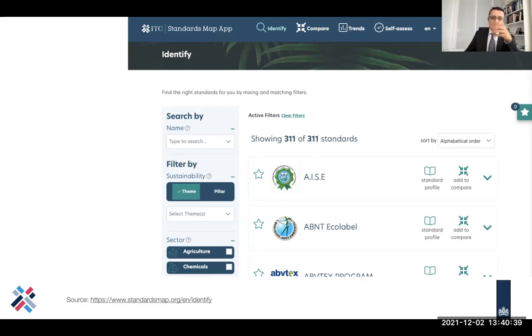And as you can see on the menu here, you can access the information contained in there either by only identifying the standards, by comparing the standards, or even by using a self-assessment test to see how you compare, what is your situation vis-a-vis the content of a standard. You can identify which is the standard that fits more what you do and what your client needs. So it's really helpful